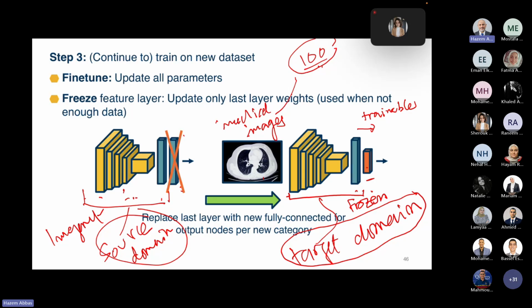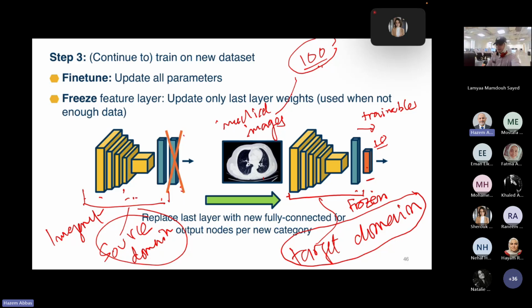Let us say we are talking about medical images, and our classes are different types of cancers, for example, 10 cancers. So here we have 10 output nodes. And our images will be, let us say, CT images for these 10 types of cancers,